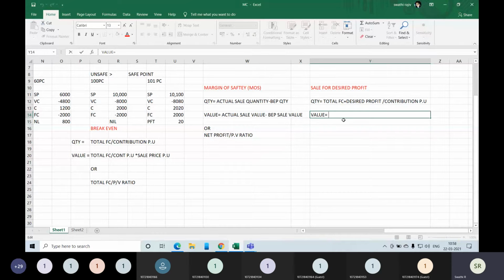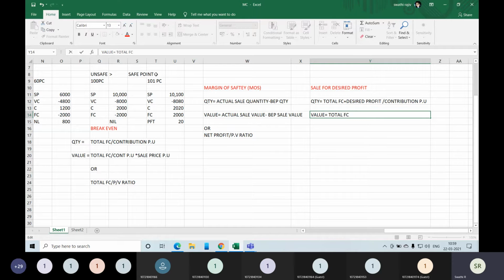If you're doing MBA and all that, you will study it later on in finance, when you have inflation accounting and how to calculate for inflation accounting. Then you will take economic prospects also into picture. During inflation, how we should adjust all these things. Your BEP will change, your safe point will change, everything will change. At that point of time, what all to do? That comes later, but for now, it is very simple for us. It's all given to us and we just have to apply our formulas.